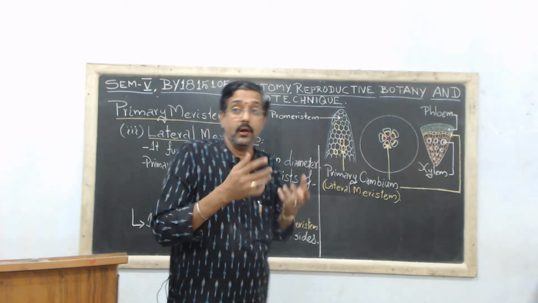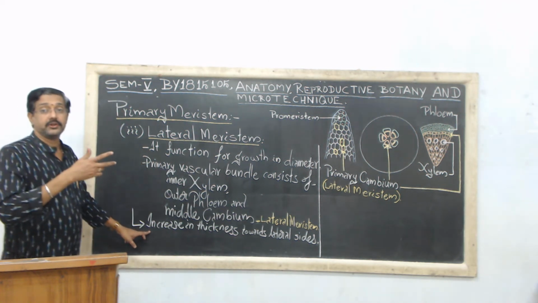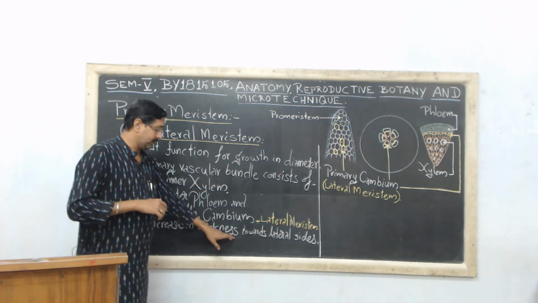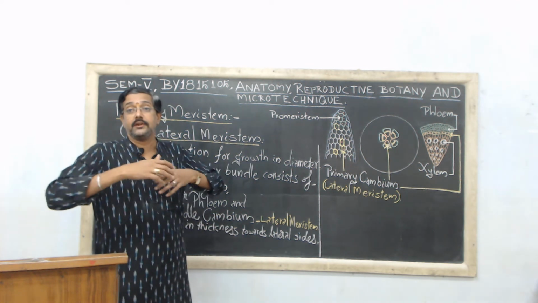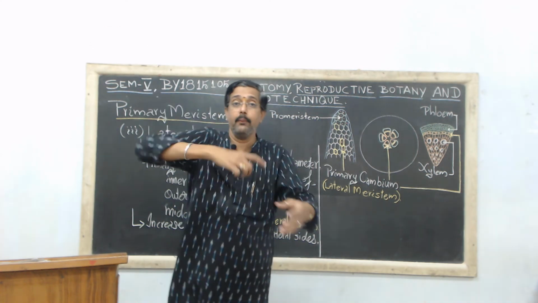And what about the third one? It is the lateral meristem, and actually the lateral meristem functions for increase in thickness towards the lateral sides, that is, towards the periphery. So the girth or increase in diameter which is